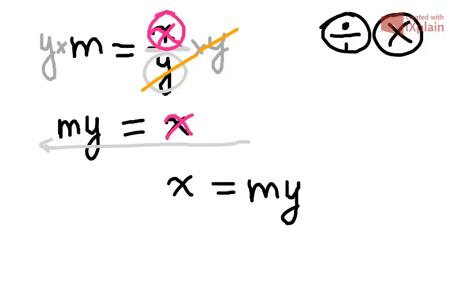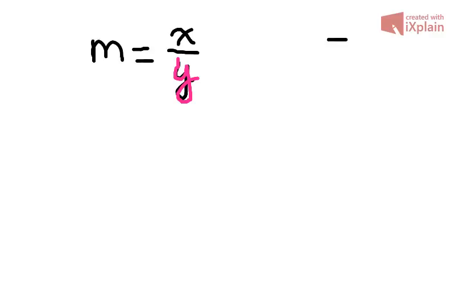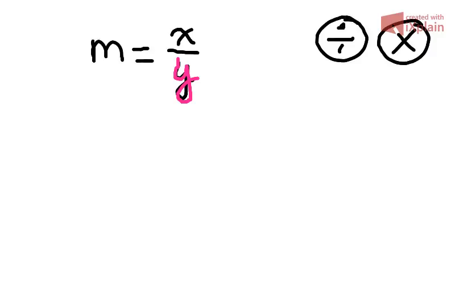Now, looking at exactly the same equation, m equals x over y. If we wanted y to be the subject of the formula, same thing, we always want to remove that fraction, and y is sitting on the bottom of the fraction, so same as before, y is dividing. The only way to eliminate it is to multiply. So that's what we do to both sides of the equation. We multiply both sides by y,